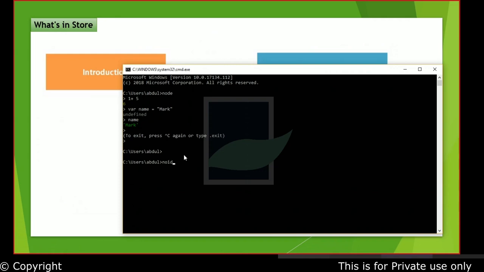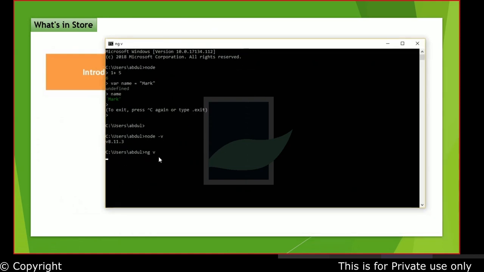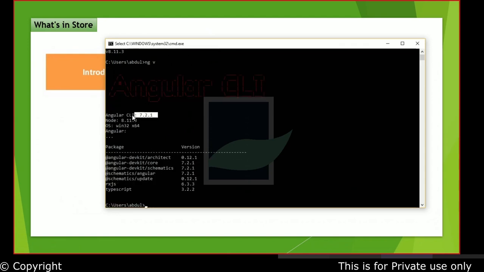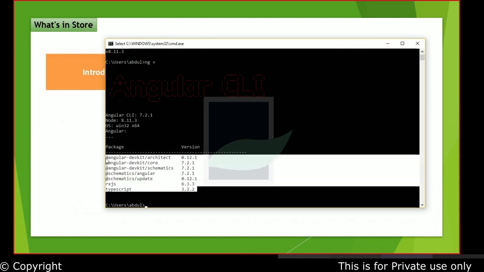So if you just say Node in my local box, the Node version which I have is the latest, version 8.11. And if you look at the Angular version which I have, it will take some time to show this up. It's not fast, I don't know why. So the Angular version which I have is 7.2 on my machine. Let it come up. Yeah. So you have the 7.2 Angular version. The node is 8.11. So you have different other packages which come along with Angular.